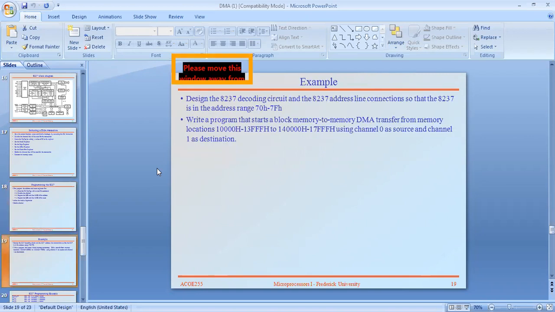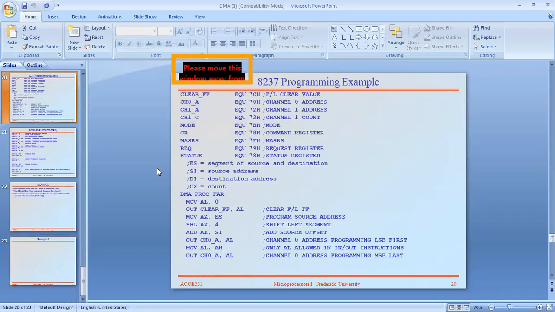This is one assignment. Here they dealt with the 8086, but as per our syllabus, programming the 8237 with the 8051 is very convenient.